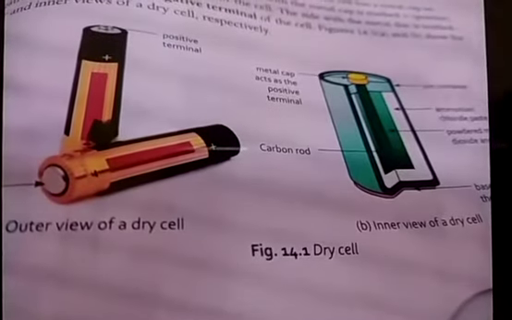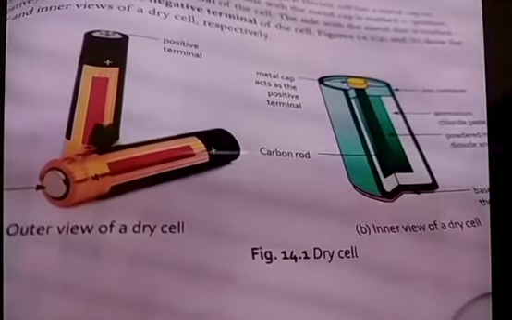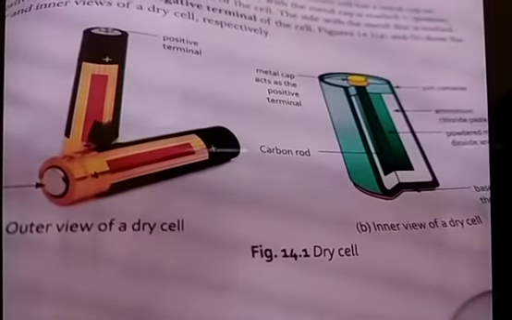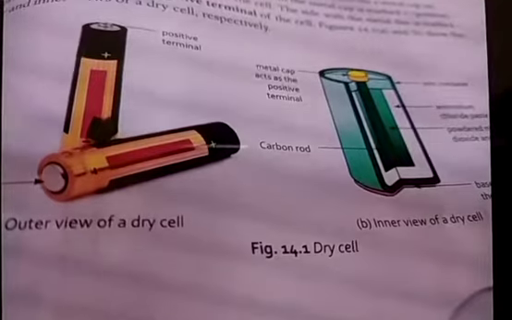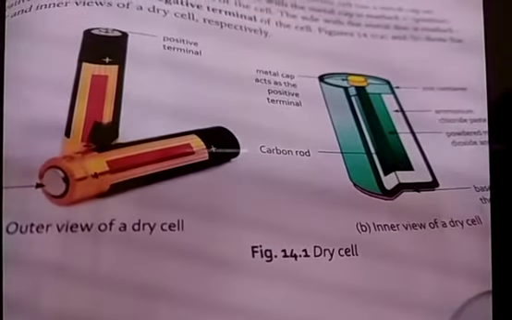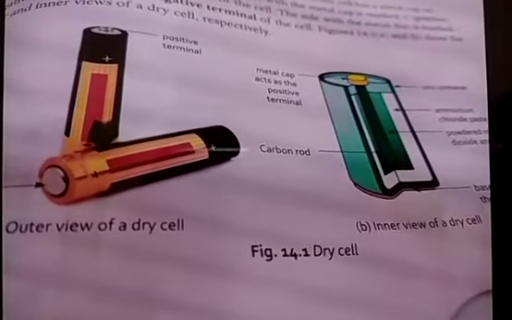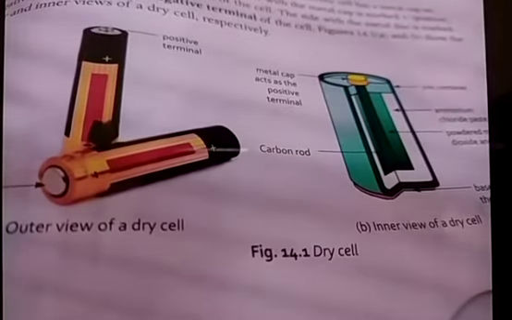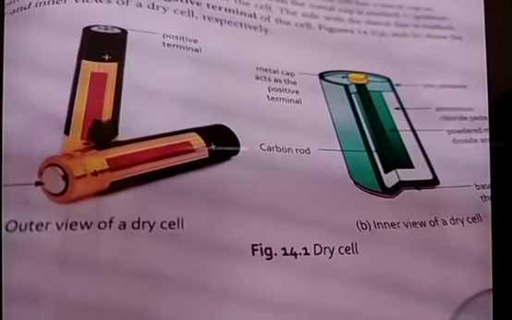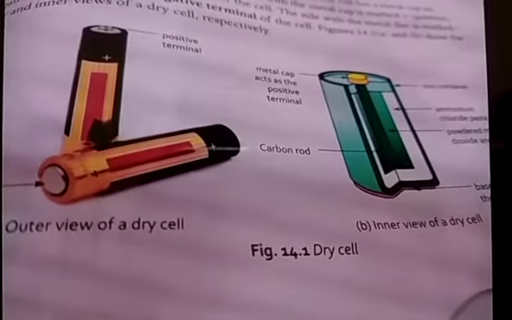So, what can you see in the figure here? It is an electric cell, or you can say a dry cell. It is a device that produces a small amount of electric current. What does it produce? The small amount of electric current. Where can we use these cells? In the remote, in the toys, you have seen, right?